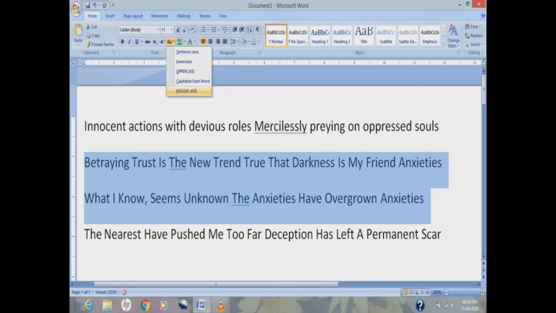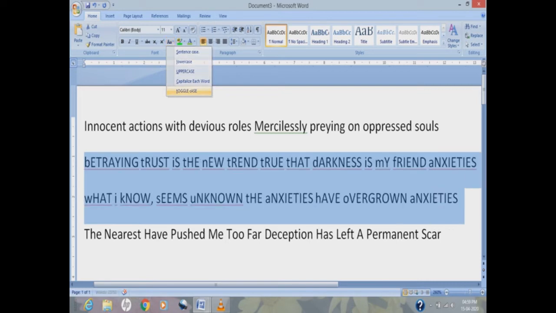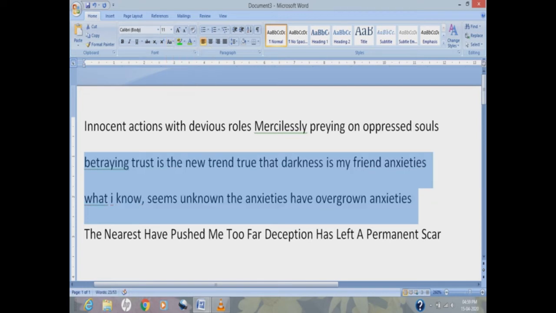But if I click on toggle case, everything reverses. See, the first character becomes small and the remaining become capital. This is the functionality of toggle case. So let me do it again in small letters. Okay. So this is the functionality of change case options.